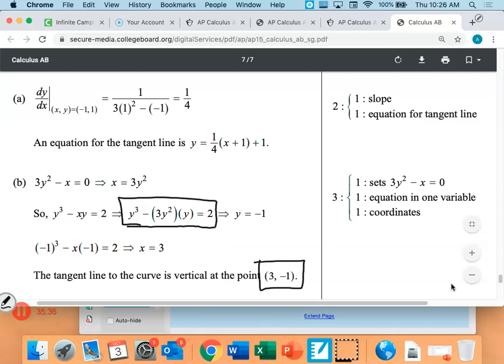There were some groups in first period who got this right here, this x equals 3y squared, and didn't know what to do, so they guessed 0, 0 because 0, 0 works, right? They started just doing guess and check and kind of guessing random pairs of numbers that happen to work, right? There's infinitely many pairs of numbers that will work with this. You can't do it that way, right? So 0, 0 happens to work, but if you plug 0, 0,